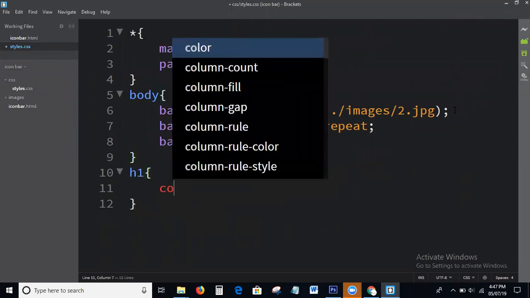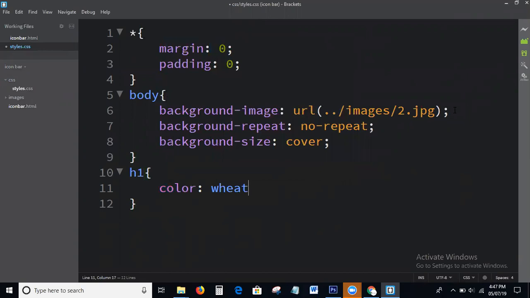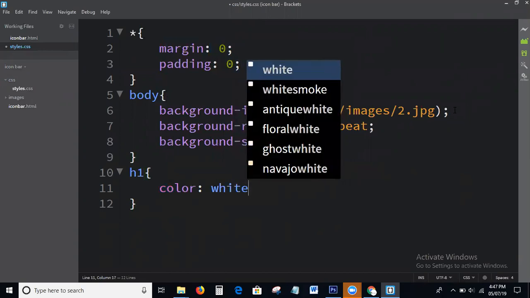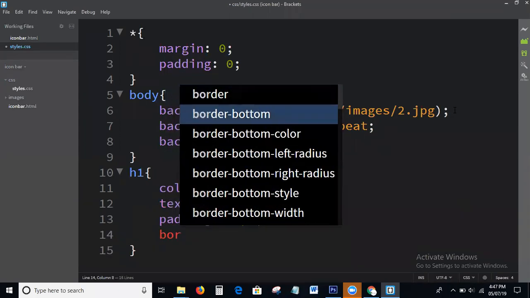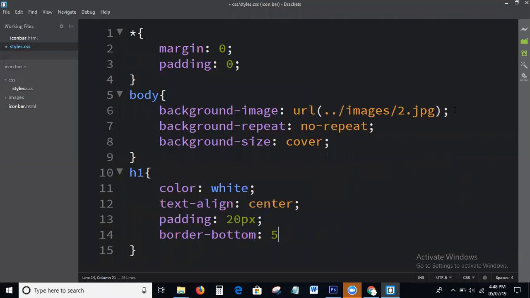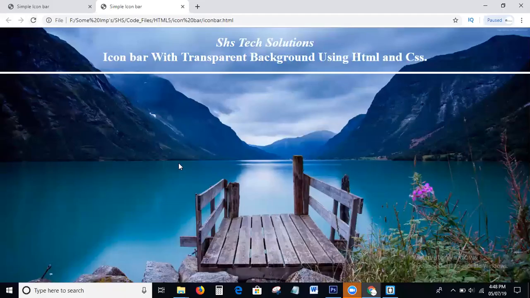H1, color, H1 color white, text align center, padding, the pixel. Okay. Next,